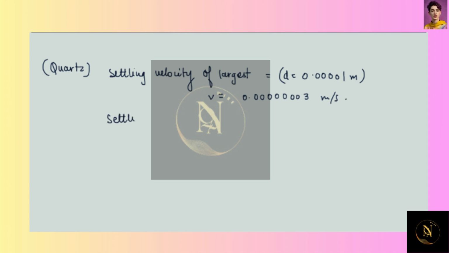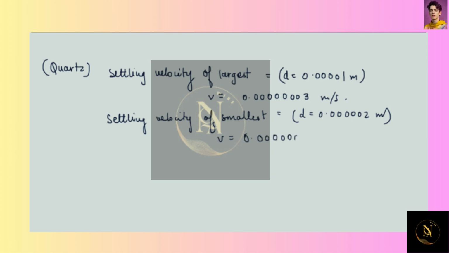Accordingly, when we put in the values for the settling velocity of the smallest particle, according to d equal to 0.0000002 meter, we'll have the velocity as 0.0000006 meter per second. Similarly, for galena, the settling velocity